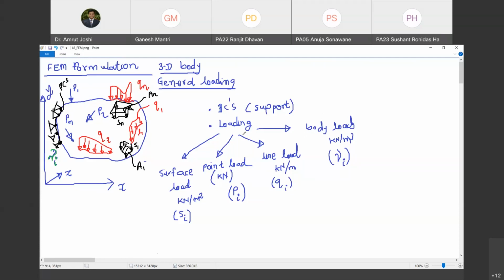Now tell me, there are going to be reactions corresponding to the boundary conditions. Do you agree with me? Ranjit? Yes, sir. So reactions are also considered as the loads on the body. Are you with me? Actions and reactions both constitute the matrix of loading on the body. So what do we call these reactions? How do we take care of these reactions? We will see that in a while. Are you with me? Yes, sir.